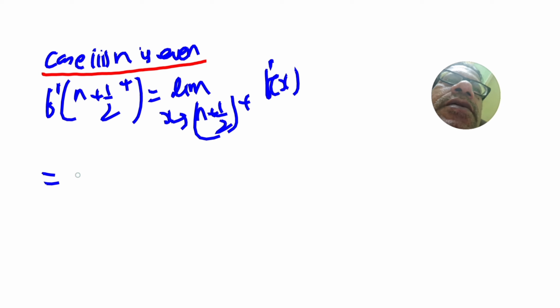So this is nothing but limit x approaches n plus 1 by 2 plus